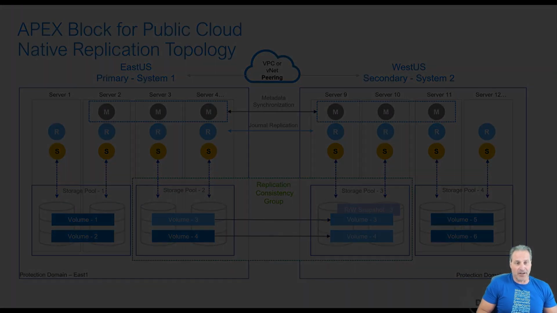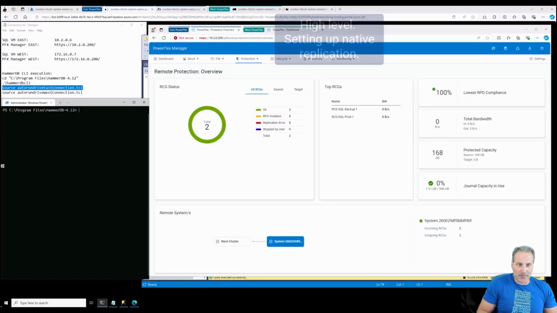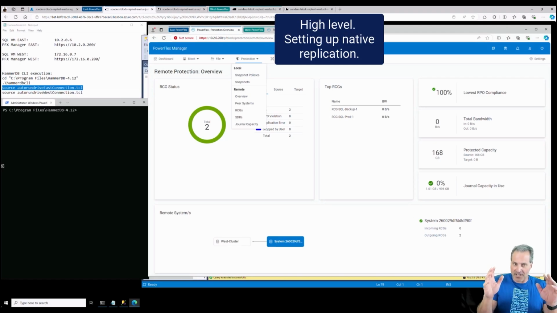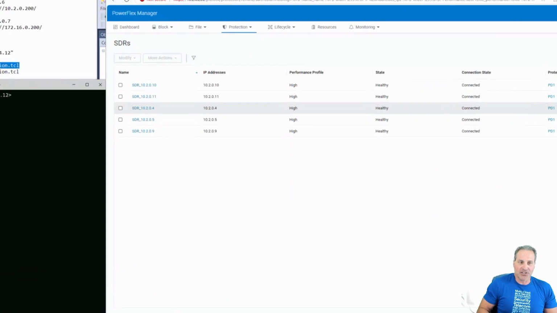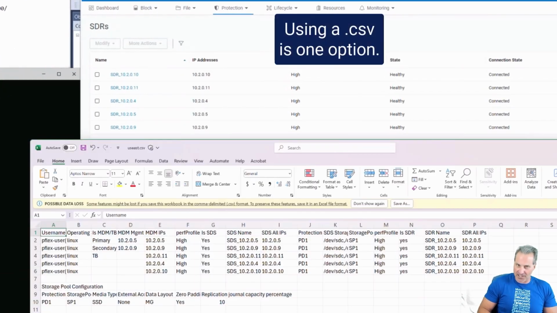So let's go into it here. So right out of the gate, here is the remote protection overview, the RCG, or replication consistency group. This is kind of the landing page here. It's under protection overview. So let's drill into this. You can see a few things on the right. I've got the RPO. I have a workload that's not running just yet. And then at the bottom there, we see the west cluster and the east as a source. So here are the 5 SDRs.